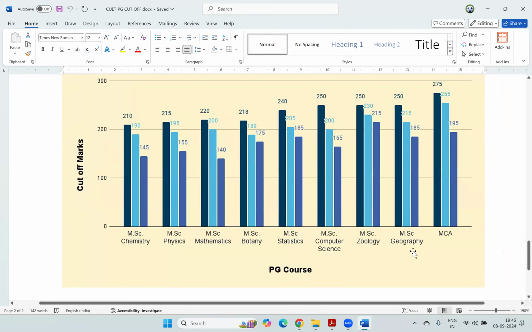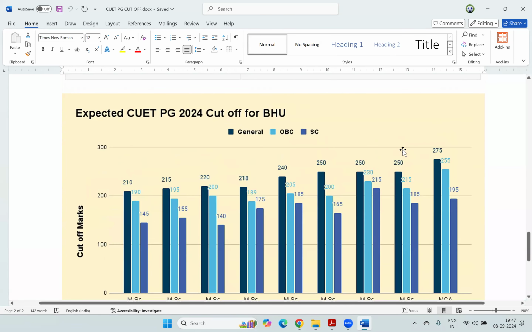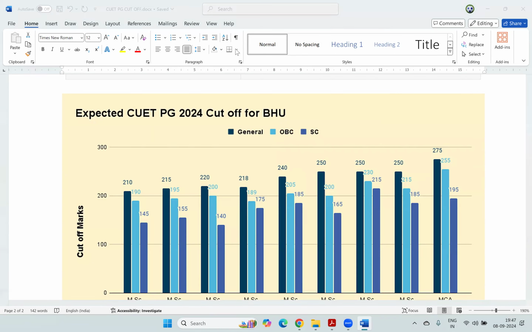And one document, this is again a document that IIARI shared with me. So suppose you are trying for Banaras Hindu University, right? You have given the exam to take admission in BHU. So say in geography, what was the cutoff? In the different categories, you should at least, out of 300, if you are clearing 250, then you have a good chance to get admission in BHU. If you cross 250 out of 300, you will get admission in a very reputed central university like BHU. All right. So I think we answered that.